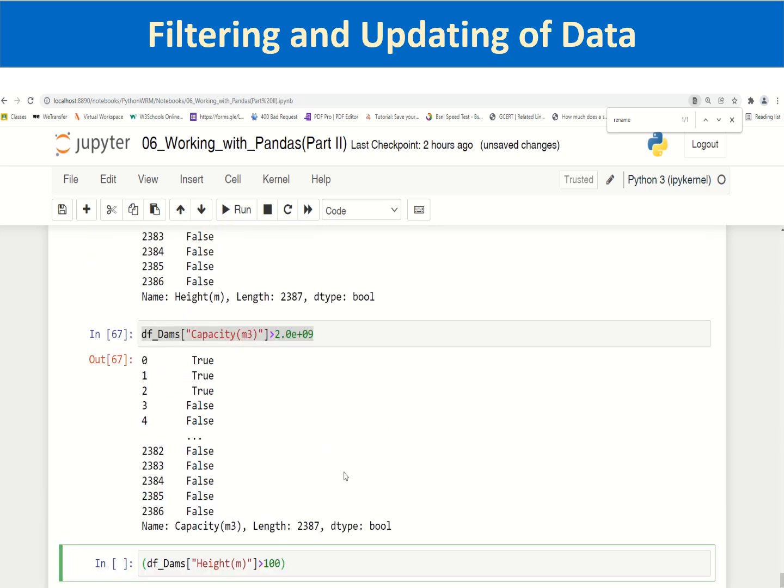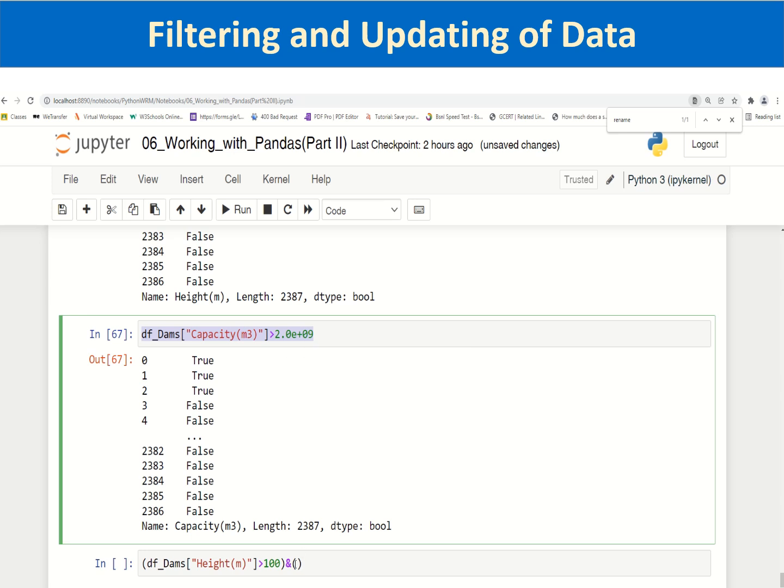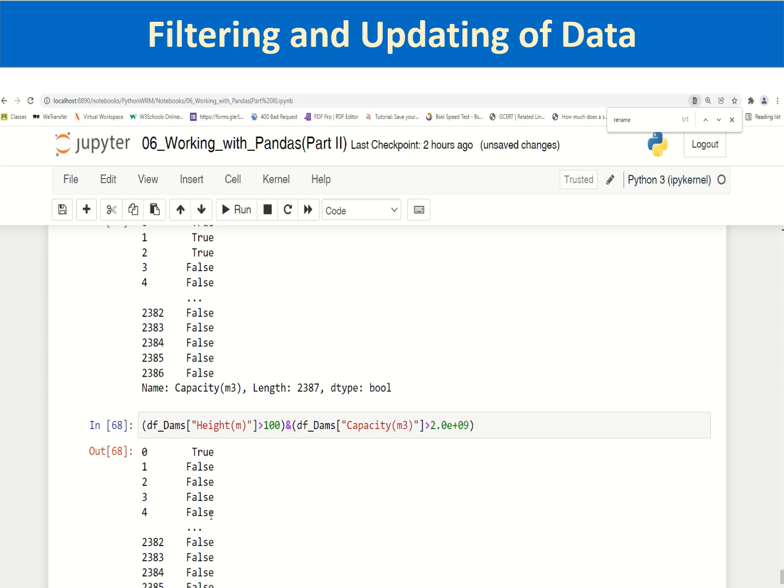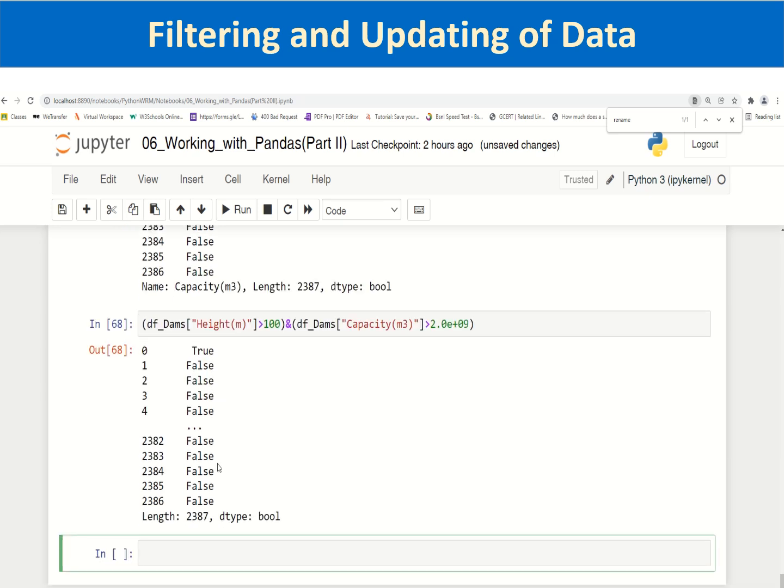Here the AND operator is written as the ampersand symbol. Then I am putting each condition in parentheses, similarly this condition. So let us run this. Again, this gives a Boolean data type, what you call a series. If I assign it to big dams, a variable,